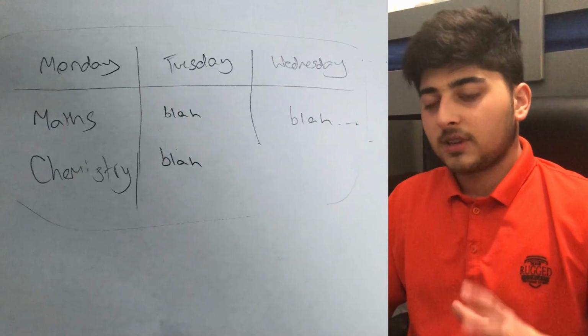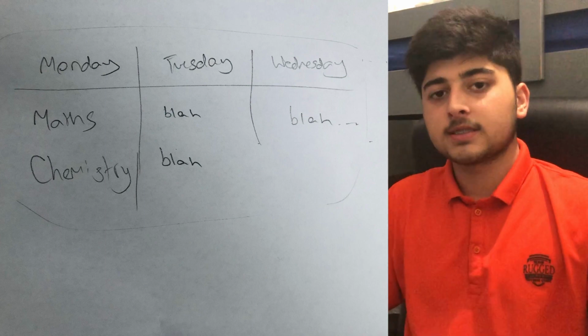You get the idea, and basically what you do is you go, so on Monday I'm going to revise a bit of maths at this time, and then I'm going to revise a bit of chemistry. The point is, you're basically saying, okay, so here is my revision timetable. I am going to be doing this set fixed amount of revision each week, and you can kind of understand why that's a bad idea, because firstly,